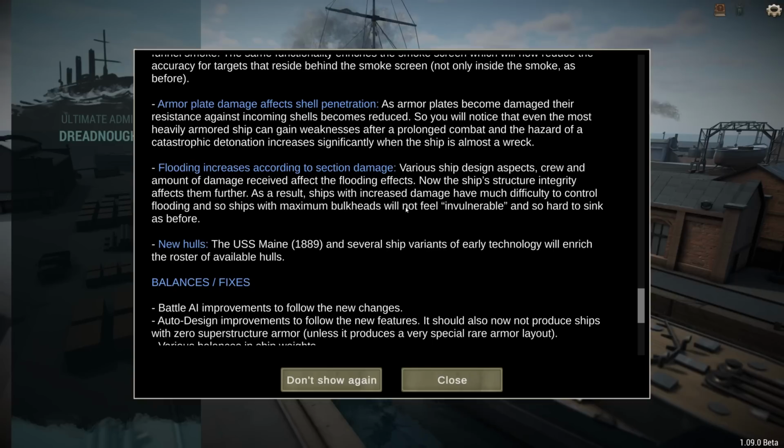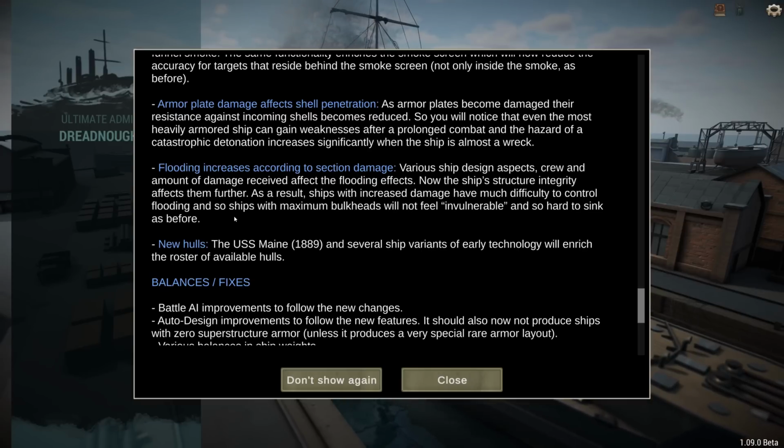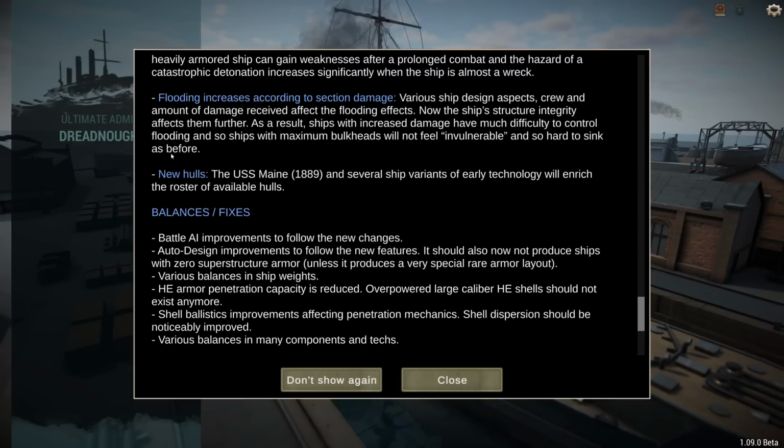Flooding increases are causing section damage. Various ship design aspects, crew, and amount of damage received affect the flooding effects, and structural integrity affects them further. As a result, ships with increased damage have much more difficulty to control flooding. And so ships with maximum bulkheads will not feel invulnerable and so hard to sink as before. I think what this is saying is, if you hit a ship and a significant number of the crew are knocked out, the section's already damaged, or it's maybe behind another damaged section. It doesn't say that, but perhaps that's going to cause you problems, and it's going to flood out much more easily. And I think if this is true, if they've changed it like this, going for flooding damage is going to be a much more